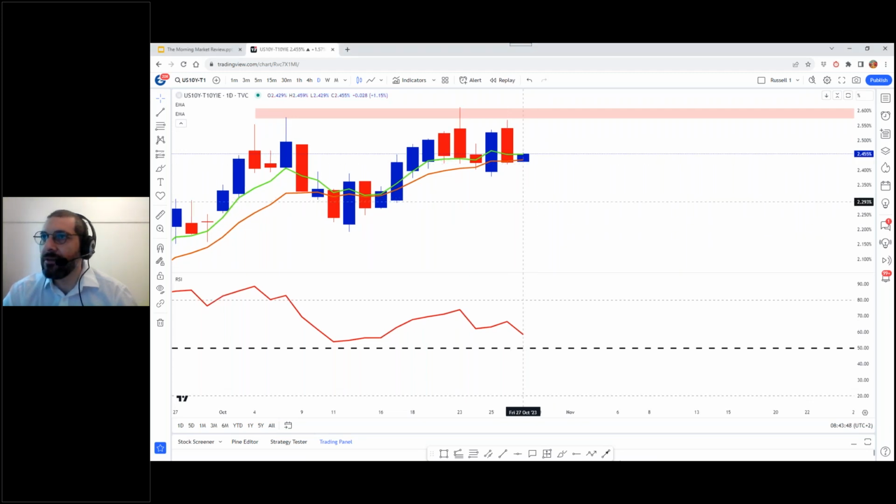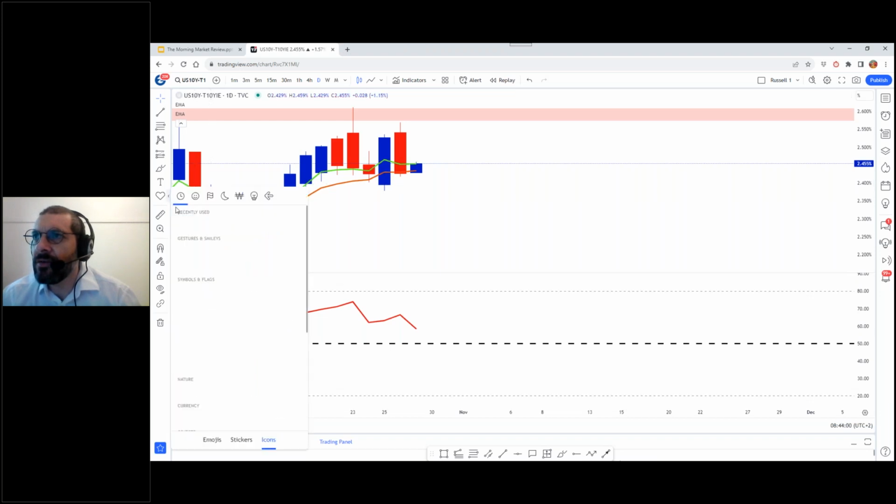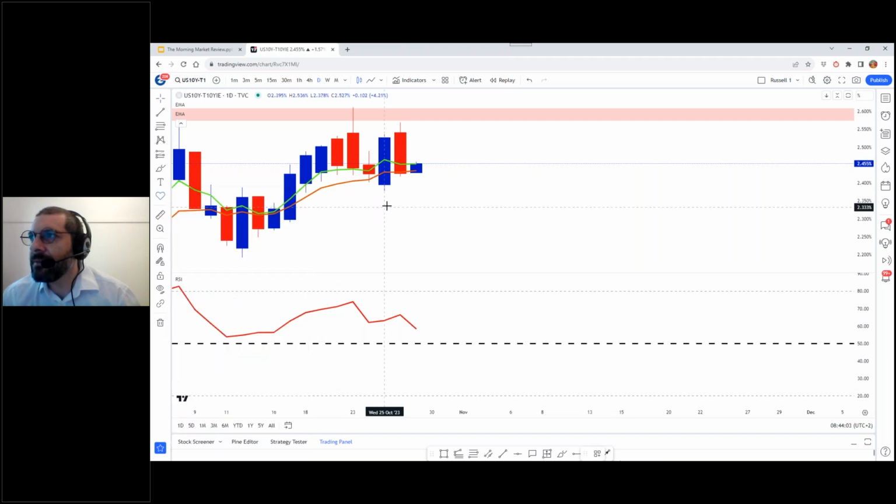But just to show you just how higgledy it is, if you just take a look at this candle, which is from 2 days ago, and you can look at yesterday's candle. Let's just combine these two candles into one. It's quite a neat trick just to get an idea of market sentiment.